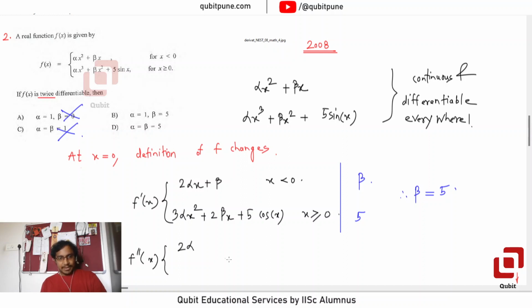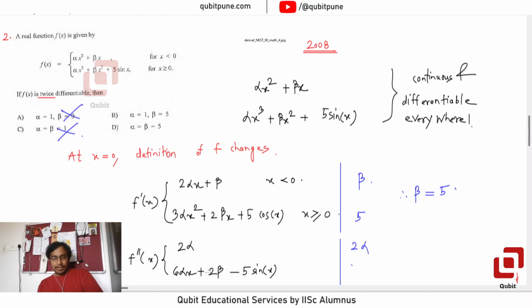It's 2 alpha there, and here it is how much? 6 alpha x plus 2 beta minus 5 sin x. Okay, it is also differentiable there, twice differentiable there. So here we are getting 2 alpha at 0,